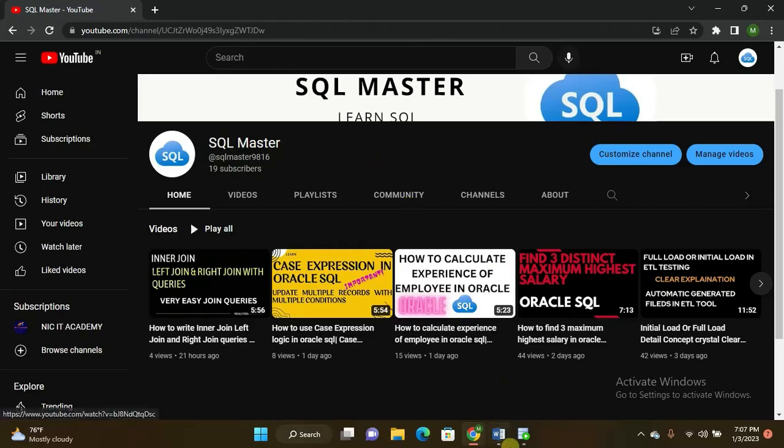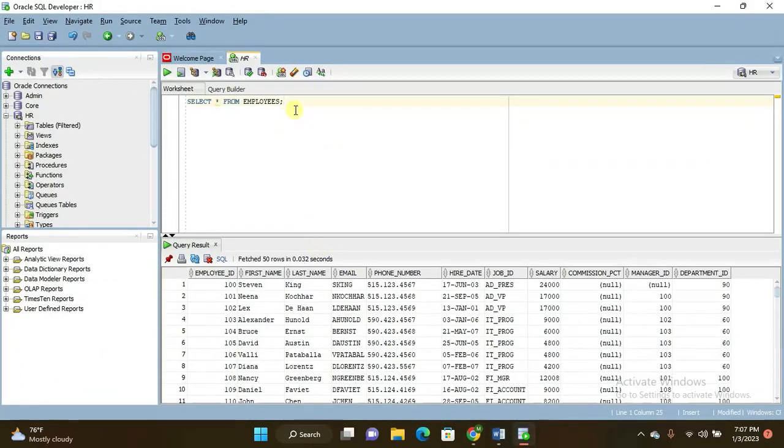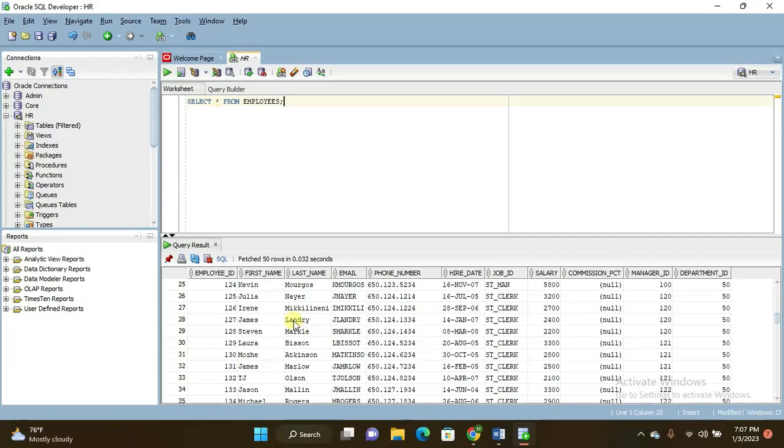So I will move to SQL Developer here, and this is my table. I am using SQL Developer with Oracle 11g database. Here the records are present, and you right click and click on count rows. It shows it has 107 rows. So I can write the query here to get the details of employees who belong to department number 90. Okay, you can see here, select first name